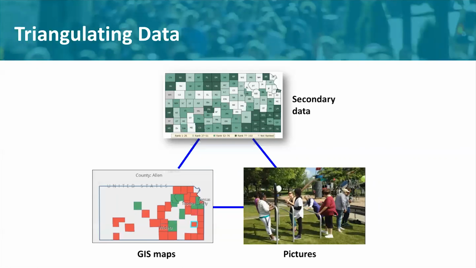So if an elected official has no idea about what public health statistics mean, then telling the story through pictures with some key highlighted data points is important. A lot of us have become much more fluent with using secondary data and GIS mapping to talk about the prevalence and the need of different health indicators and disparities. So drawing upon that expertise within your health department, I think, is key, both the locally sourced information that you have as well as the secondary data, such as the County Health Rankings, where you see a map of Kansas